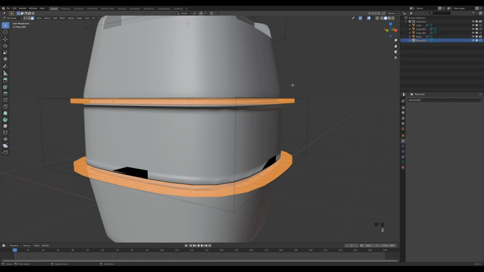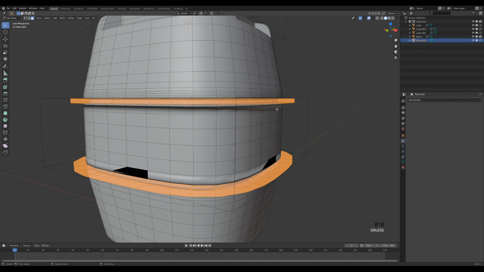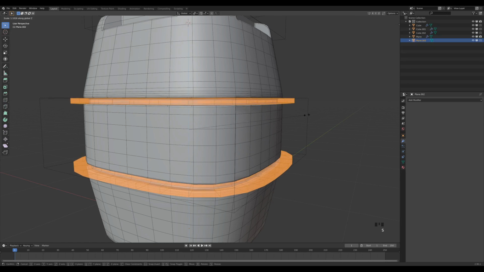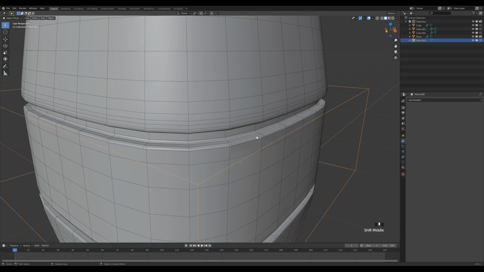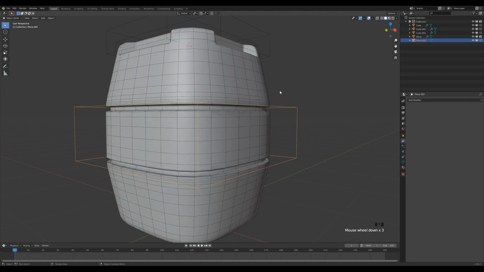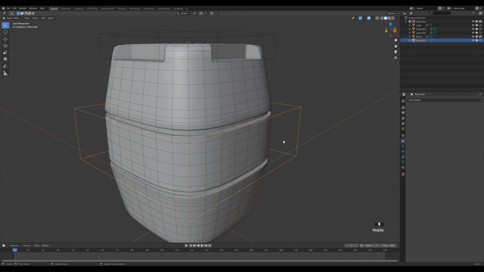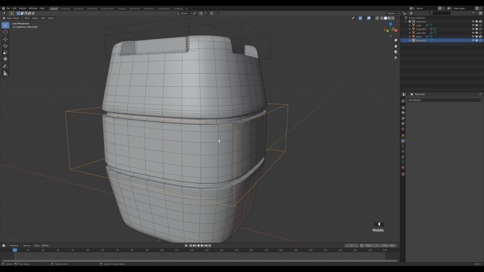And now let's enable wireframe overlay so we can see the topology, and press S and Z to scale this up until the problems disappear like this. So we get rid of those overlaps, and now we have much cleaner topology here. So I'm quite satisfied with this, and we'll now finish this up by adding some interesting locking mechanism here or